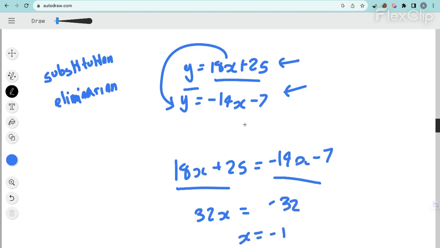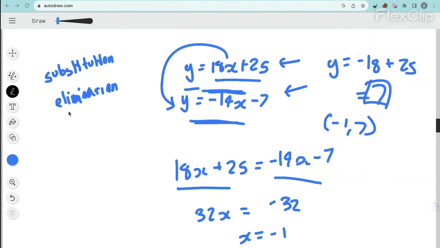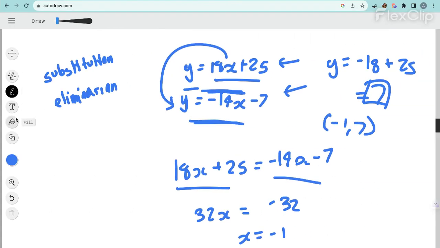Now you have your x value. You plug that back into either of these two equations, because they're now set as equal, to find your y value. I'm just going to choose the first one. You plug in the -1 for x, and then plus 25. So that means that your solution is -1, 7. And that is B. But also, besides substitution, I'm going to show you the second method, and that's called